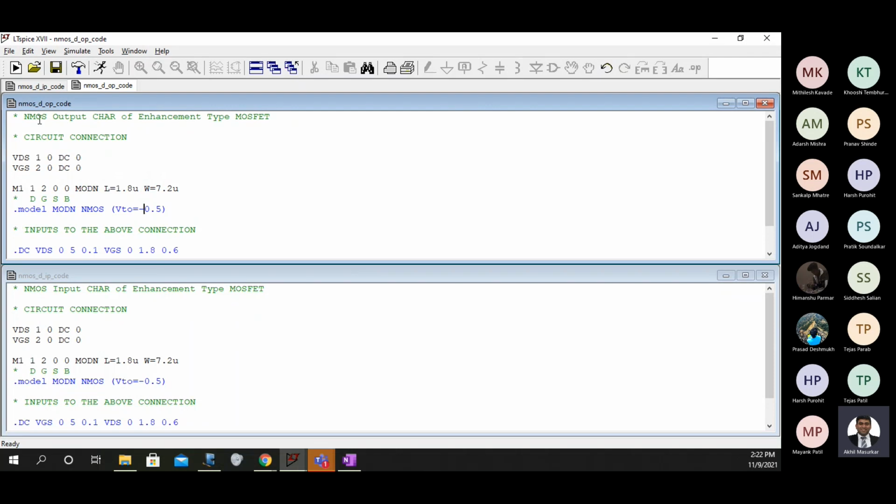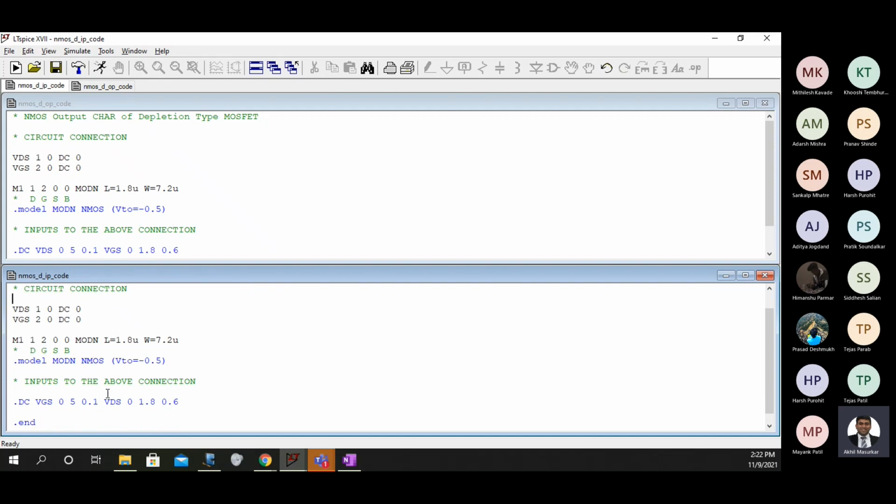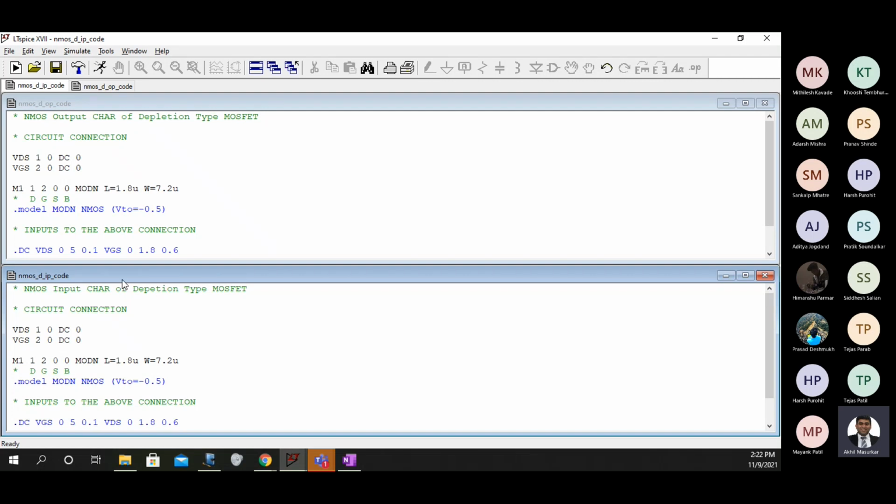Instead of enhancement type, now I'll write here also, instead of enhancement type, I'll write depletion type MOSFET. Everything else will remain exactly the same.